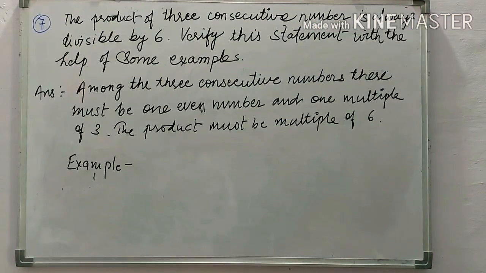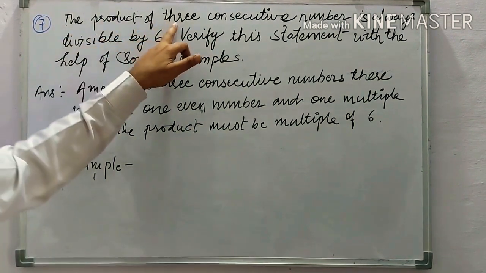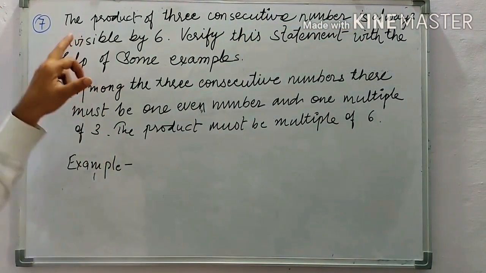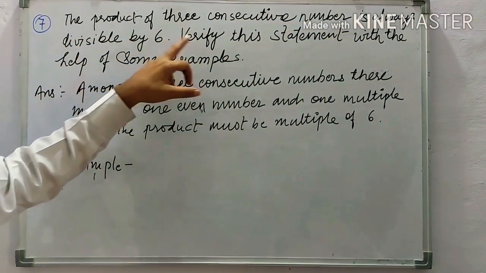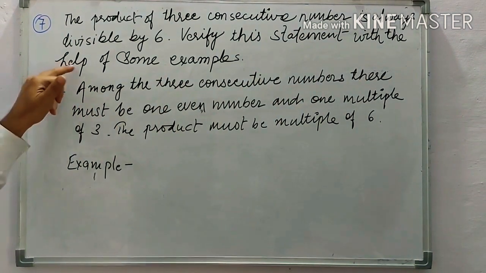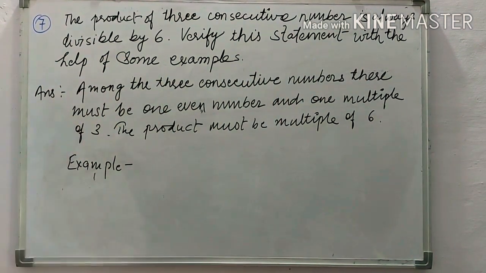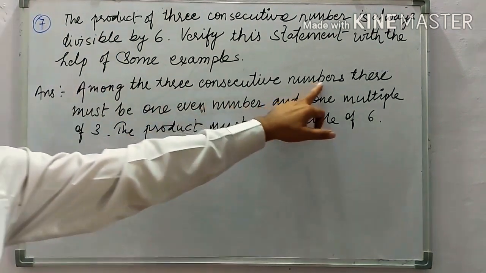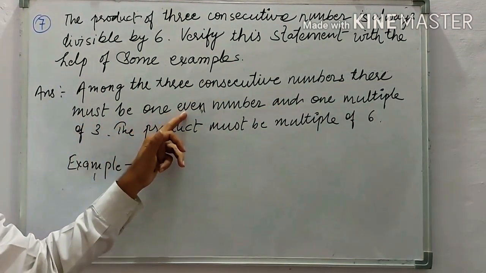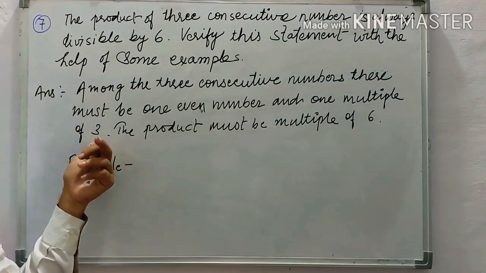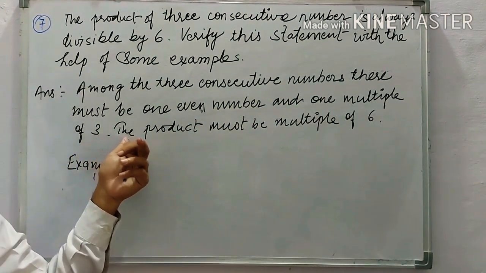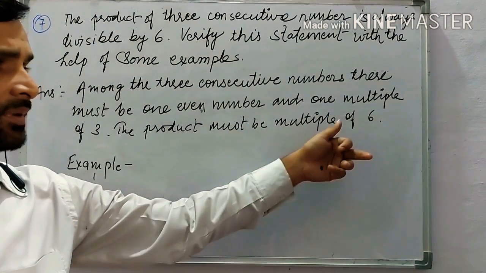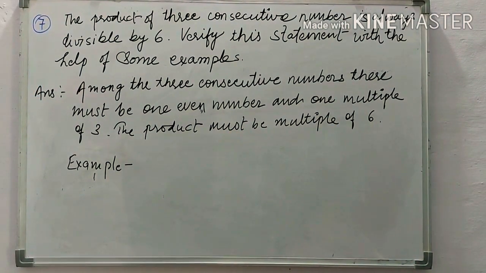Okay, now next question, question number 7. The product of three consecutive numbers is always divisible by 6. Verify the statement with the help of some examples. Answer: among three consecutive numbers there must be one even number and one multiple of 3. The product must be a multiple of 6. Okay, the example is